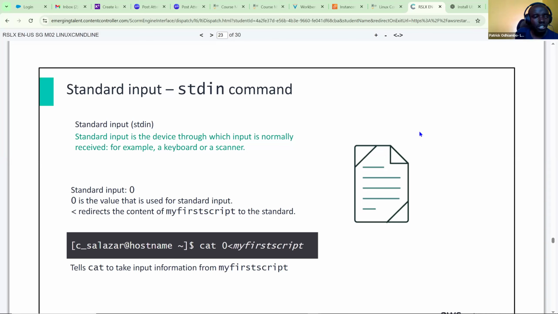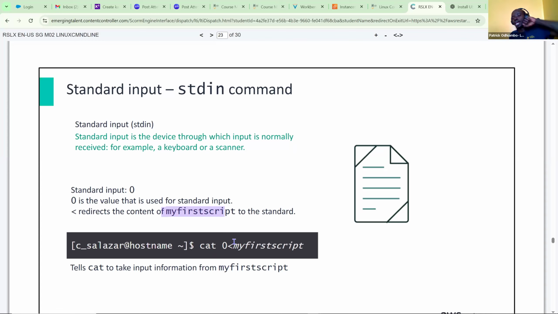Standard input is given 0. 0 is the value used for standard input. It redirects the content of my first script to the standard. So you have something like cat 0, and then left. Left is normally less than.